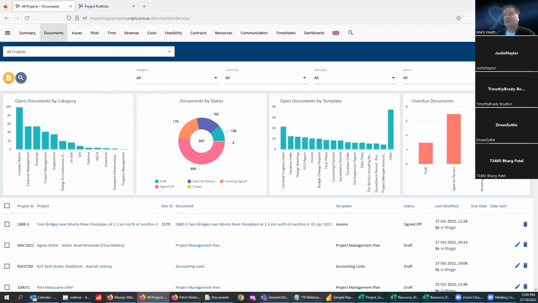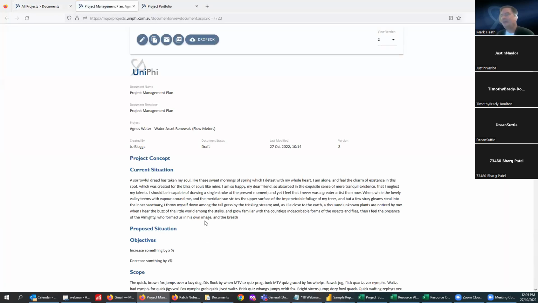And you can see again that you've now got some circular icons there rather than the yellow new that used to be. I'm just going to click on a document here, not that one, this one. And throughout this demonstration, what I'm going to try and do is just also highlight a few little features of UniPhi that probably aren't that widely known. We work very closely with all our customers. They all have unique requirements, and by fulfilling their requirements, there's little features that often don't get out into,